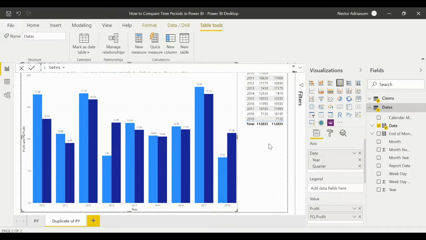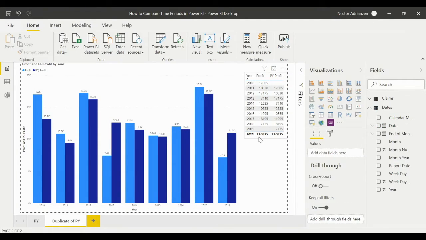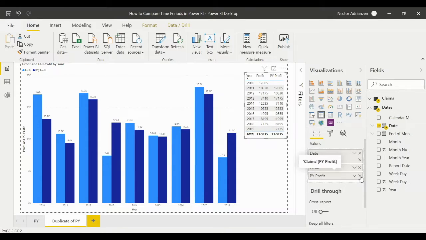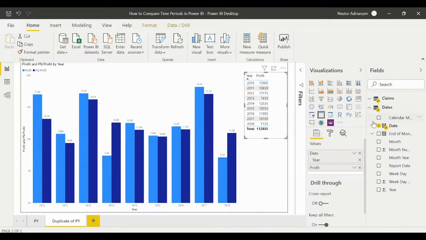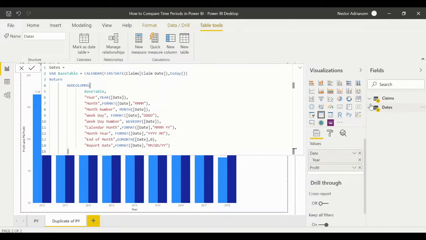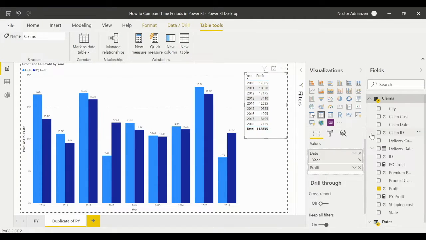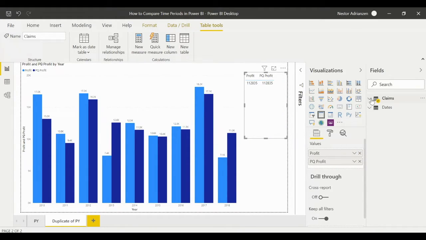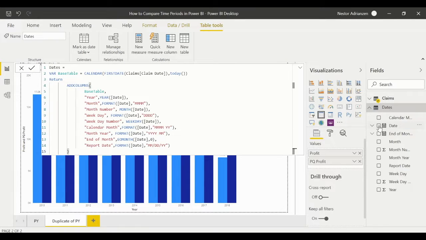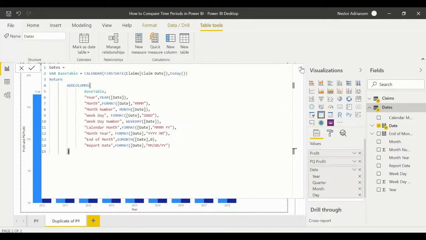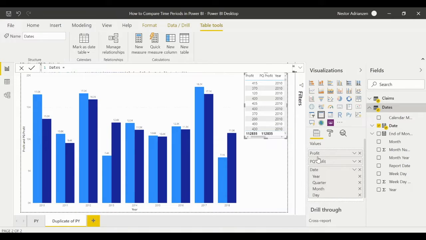All right, so now remember that we need to make the same changes here for this table, right? So let's select this table right here, and then we need to select quarter here, right? Let's hide dates, and let's select claims right here. Quarter, okay, quarter right here, and then remember that we need to select dates again here. Let's hide this one right here, and then let's delete day for now and month,